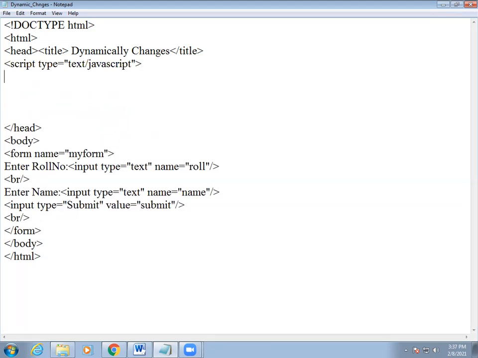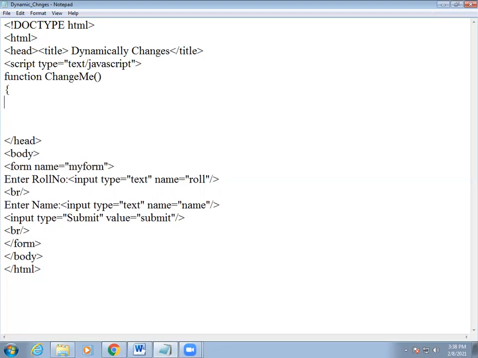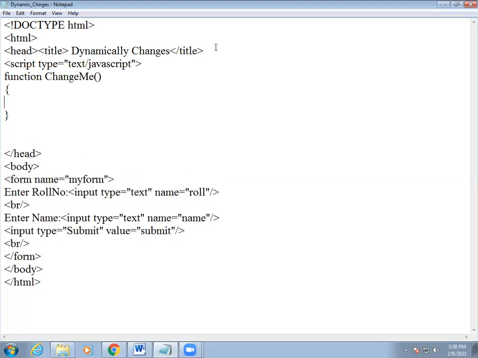So what is our function syntax? Function, and our function name is changeMe. We use this function for changing our content, correct? Our background thing. So for the changeMe function, let's open a curly bracket and close the curly bracket.